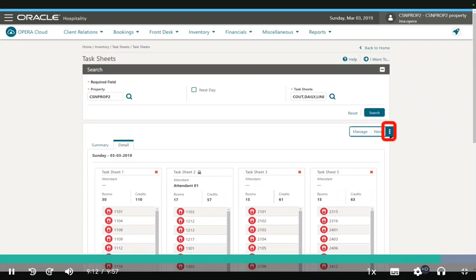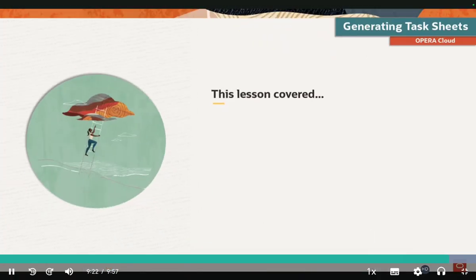If you click the ellipsis, you are able to access additional actions, including generating a report and accessing filters to change the way you view the window. This lesson covered navigating to